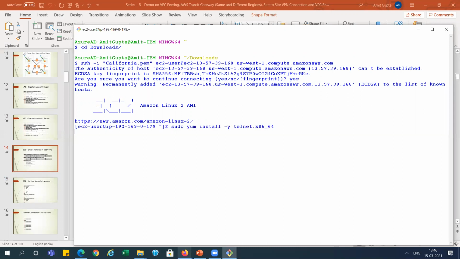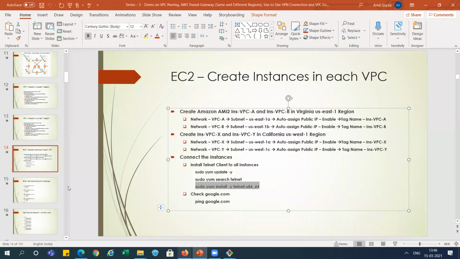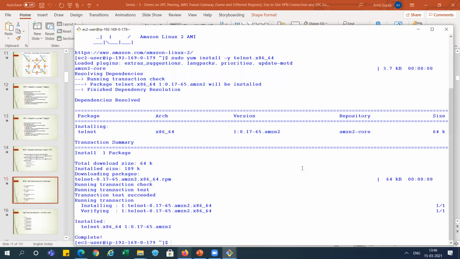This is connected. We're installing the packages for telnet, and next we need to change the name of this instance, right?